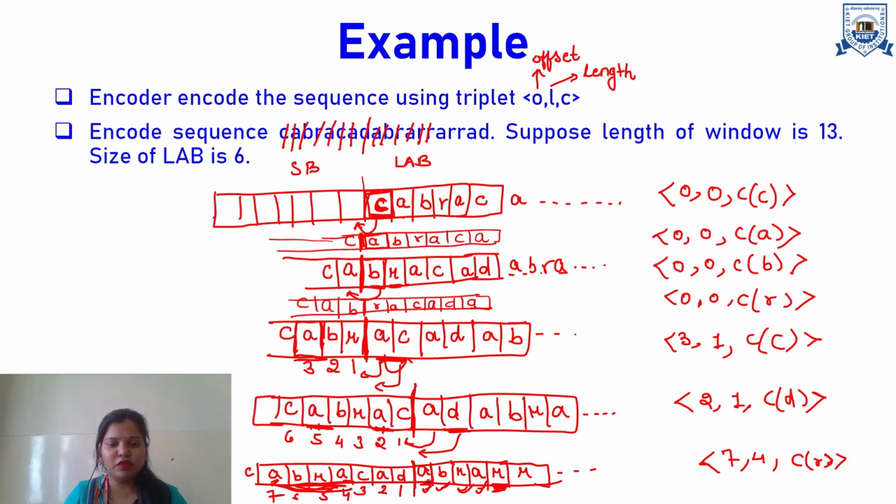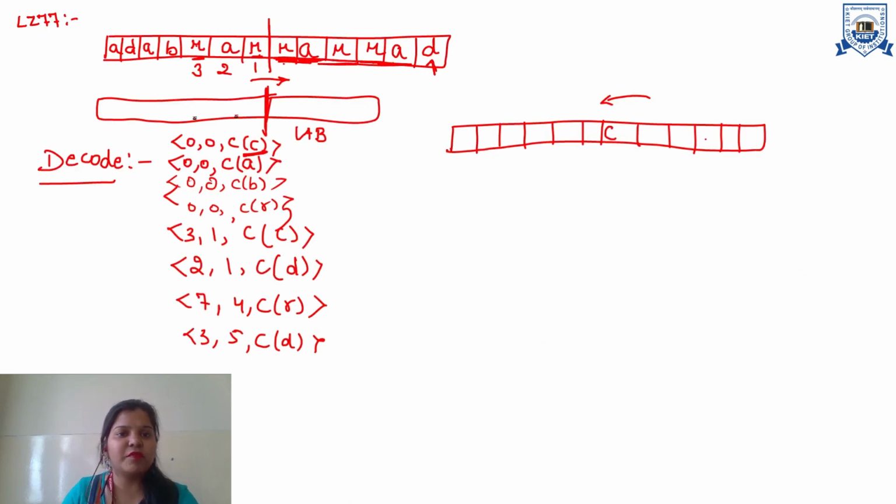And what we will do? Now these 5 alphabets will be slided towards the left hand side, and my window will look like this. After this I have taken all the alphabets up to 6 length. Now check, R is matched here at index number 1 as well as index number 3. Check for A. So at index number 3 we got a larger length. Again R, so index number will be 3. Now comes what will be the length. R is matched here. Now see, I have again R and A.